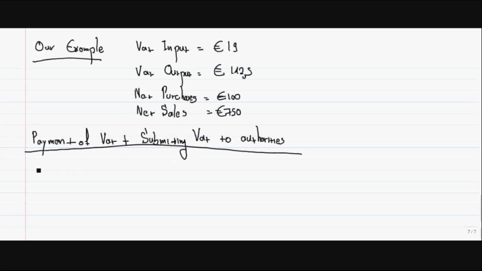The first step is to visit a local bank that VAT cooperates with, for example, Bank of Cyprus or Alpha Bank or Hellenic Bank,